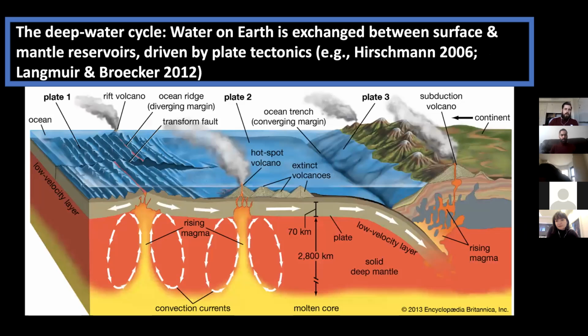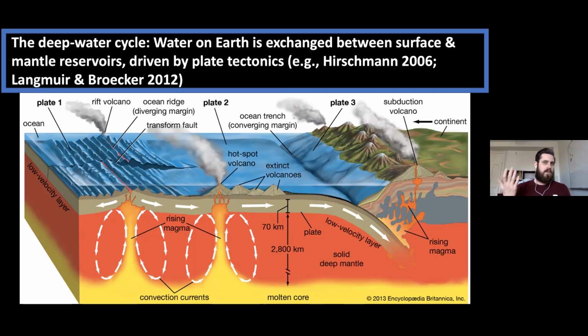Now, Earth is very unique in that it is the only planet we know that has active plate tectonics. And because Earth has active plate tectonics, it is able to cycle water between the surface and the interior. While everyone is familiar with the fact that there's an ocean worth of water on the surface of the Earth, you may be surprised to find out that there are actually multiple oceans worth of water sequestered away in the interior of the Earth within the mantle. And because of that, it is able to cycle between these two reservoirs on geological timescales.